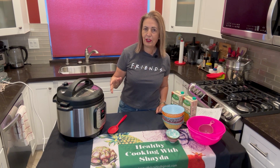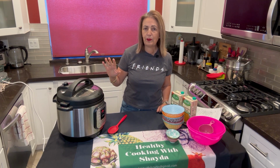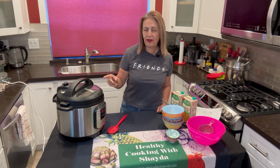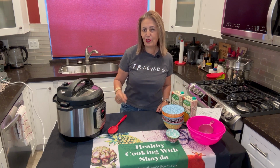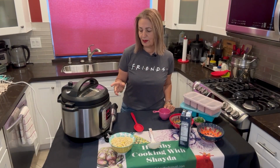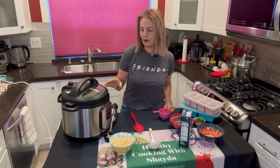It'll come to pressure, and then we're going to let the pressure come down for about 10-15 minutes, and then I'll release the valve and open it up, and then I'll show you what happens next to this delicious stew. So stay tuned. So it's been over 10 minutes, and I went ahead after the 10 minutes and released